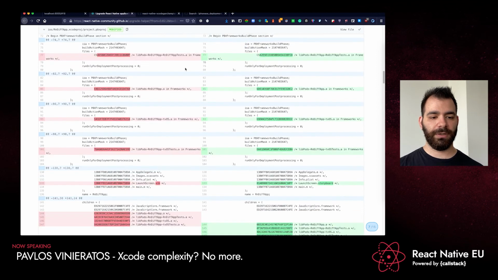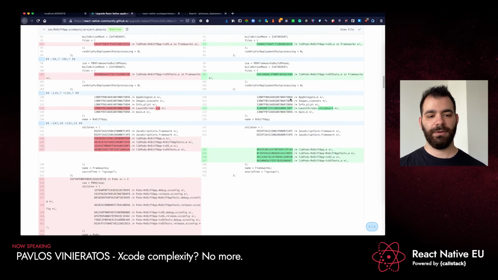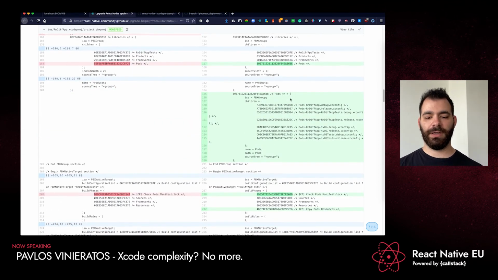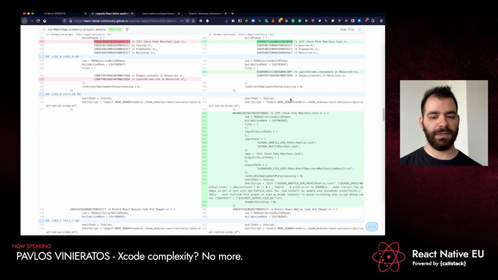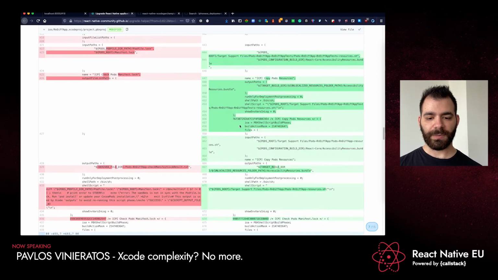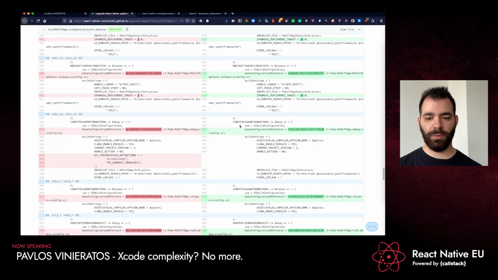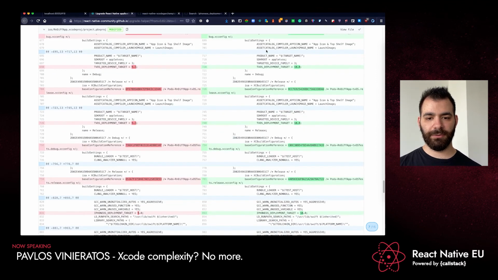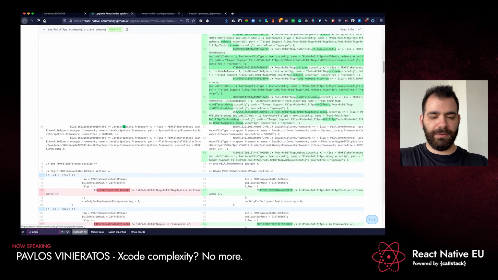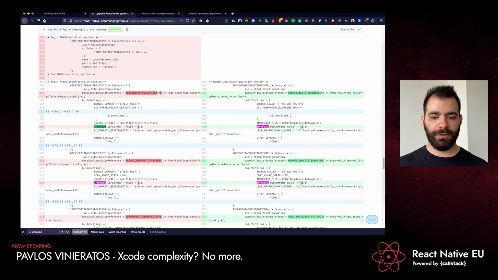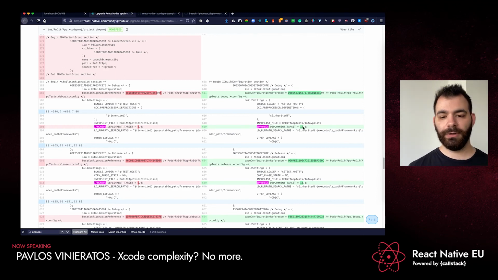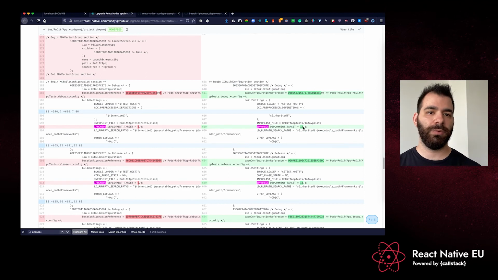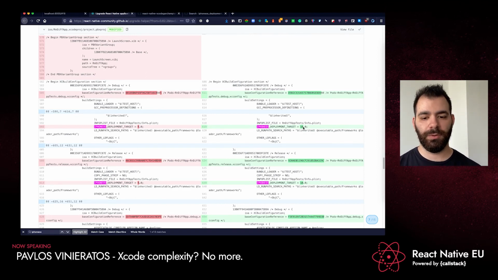So if we scroll down here, again, we see a lot of ID changes. For this, we don't really need to care, as now they're just auto-generated and usually they stay the same. And if we go a little bit further down, we will see that there is one change here that is a little bit interesting. Let me find this directly. So there is one called iPhone OS deployment target, and this changed from 9.0 to 10.0. This change, normally we would have to do through the Xcode UI, but now we can more easily do this